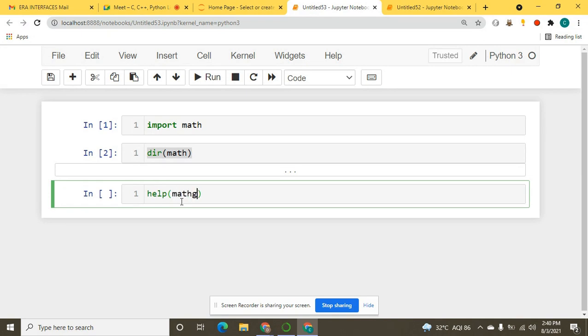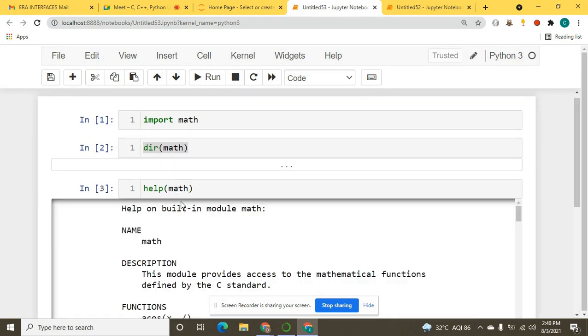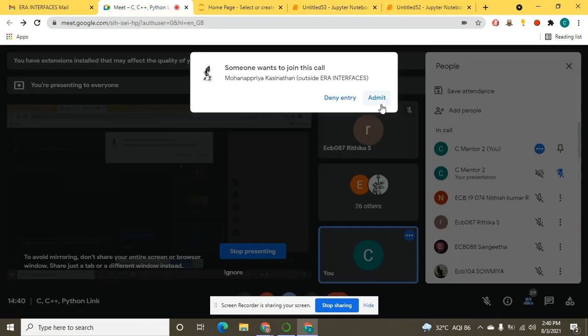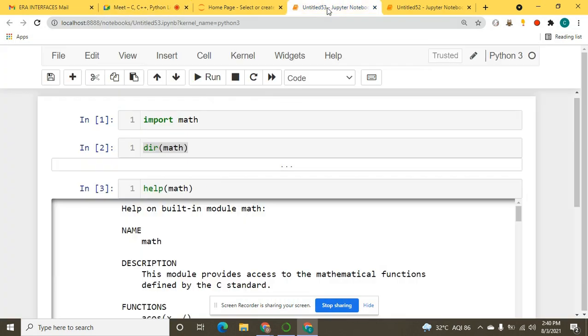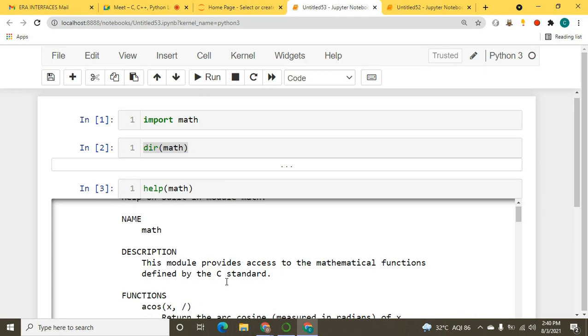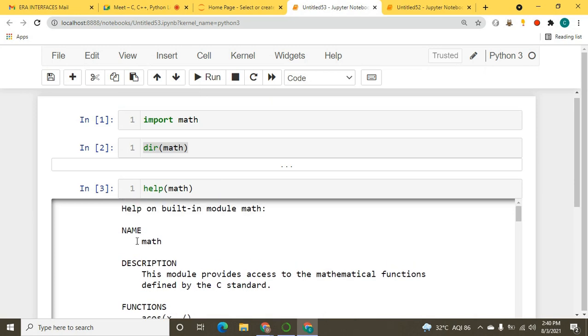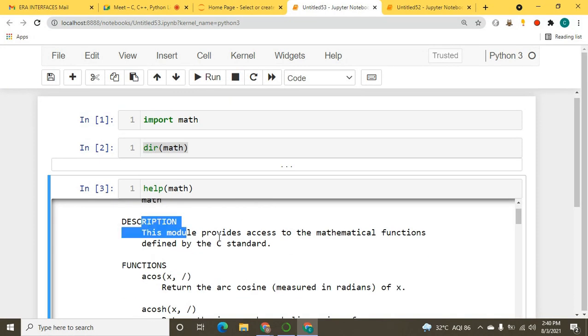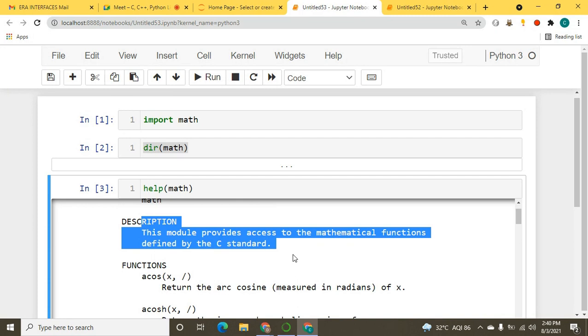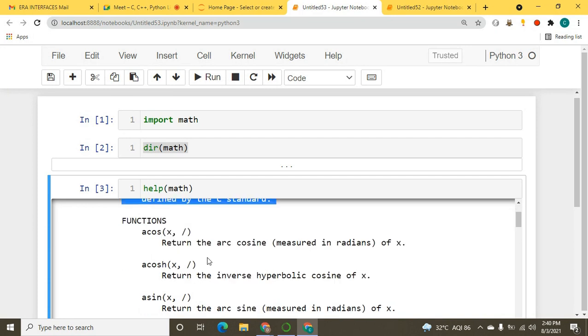But now I want to know which function or method is used for which purpose. So for that I will use the help function. When I execute that, you can see there are a lot of descriptions for every function. For example, your module name is math and the description is: this module provides access to the mathematical functions defined by the C standard. Now, which function is for which purpose?